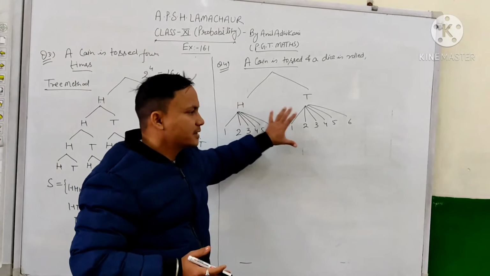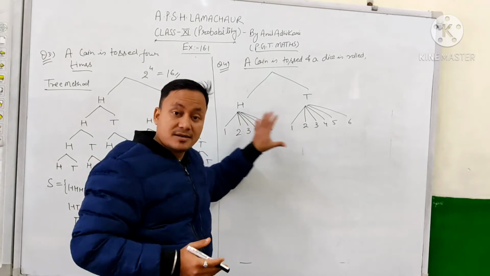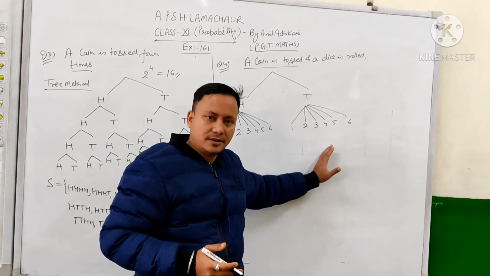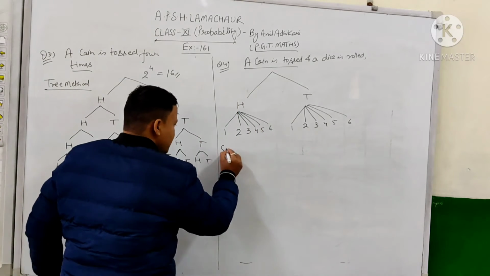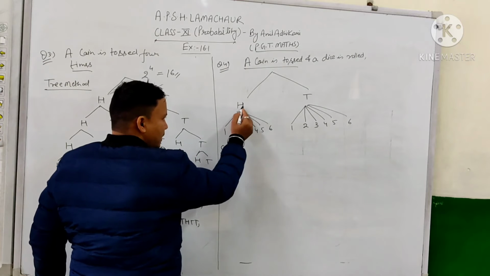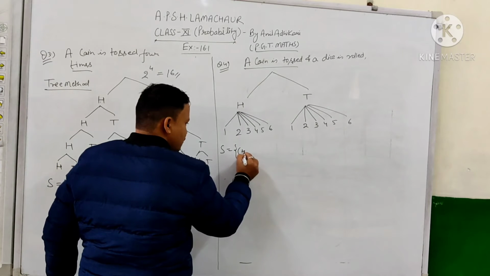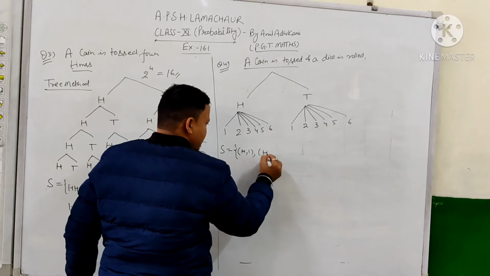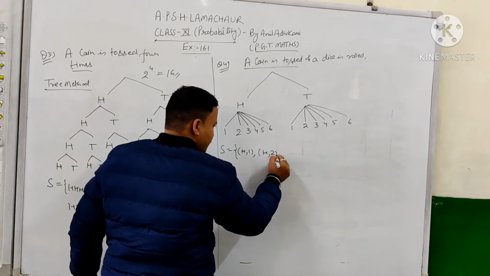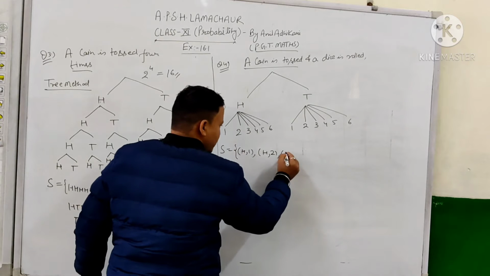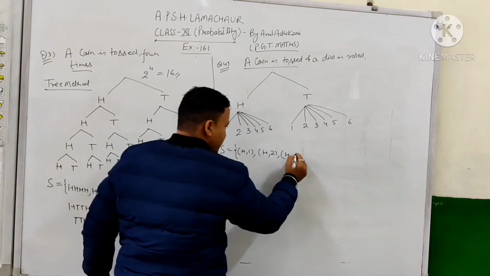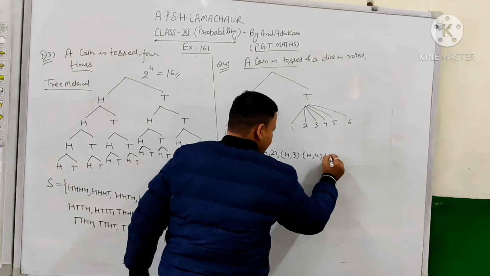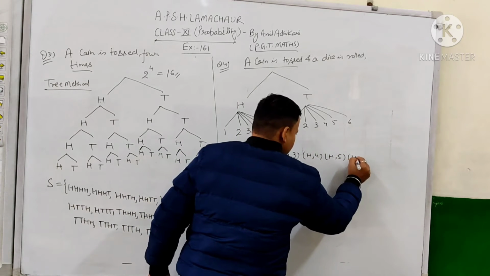तो वी आर टेकिंग हियर द ऑल पॉसिबिलिटीज, वी आर इंटरेस्टेड टू फाइंड द ऑल पॉसिबिलिटीज हियर एंड मेकिंग अ सेट फॉर इट. सो द सैंपल स्पेस विल बी स्टार्टिंग फ्रॉम हेड. हेड के साथ 1 आ सकता है, सो H1 इज द फर्स्ट केस वी आर टॉकिंग अबाउट. सेकेंड केस, हेड आए सिक्के पे और डाइस पे 2 आ जाए. थर्ड केस, coin will turn into a head and dice will turn into a 3, and similarly next we can say H4, H5 and H6.